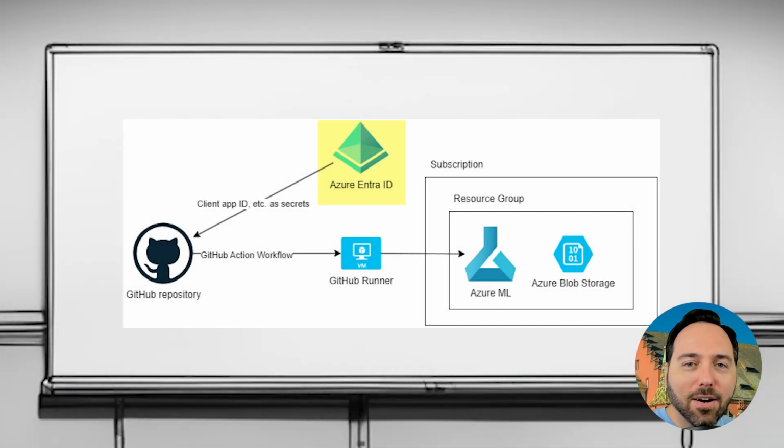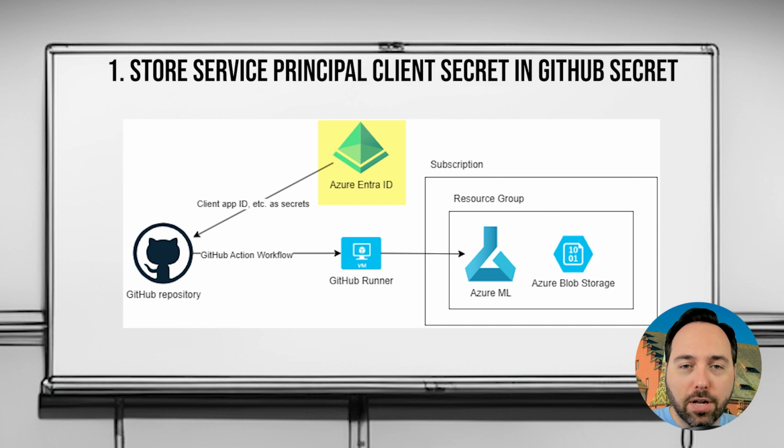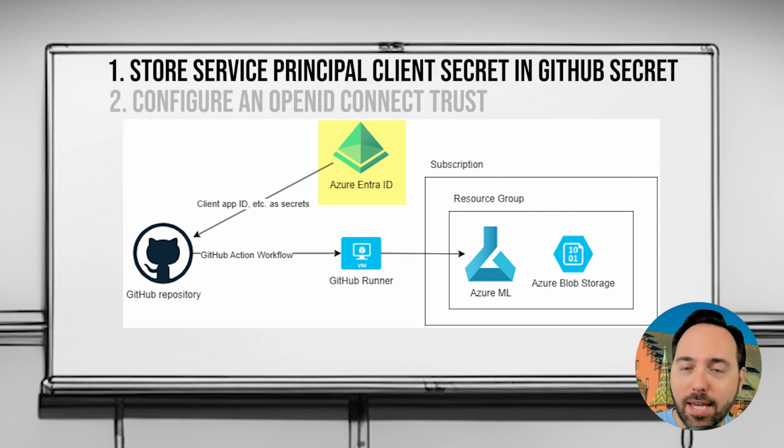Anyhow, like I said, there are two valid solutions here. The easy route is to create a service principal, such as a managed identity. This is fine for security, and if I walk into a shop and they tell me they're storing the service principal credentials as a GitHub secret, I'll say, sure, sounds good. But there is a better approach, using OpenID Connect.